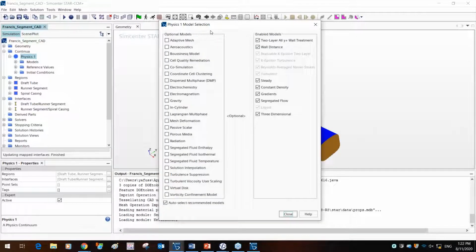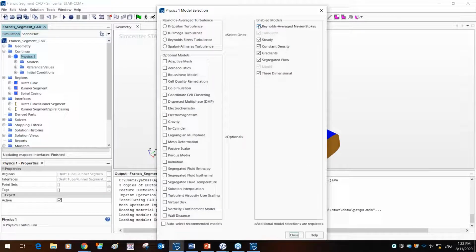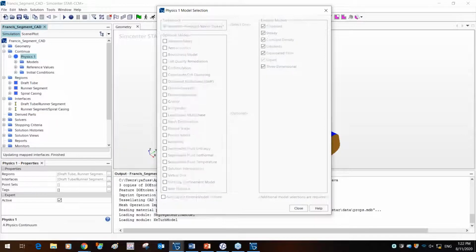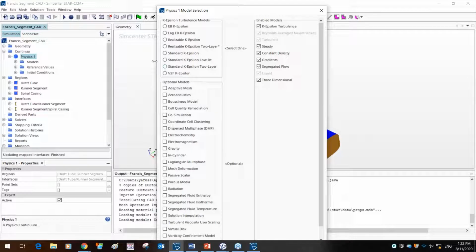But one thing you're going to see is that some of the models we haven't selected have already been selected out here. And that's because of an auto select recommended models feature that appears out here. So let me just deselect this and try to select the models out here just to give you an idea of what this unlocks. In terms of turbulent model, you have the advanced simulation available. But let's say you want to do the K epsilon model, so you have all these various K epsilon models that will appear. So the star is what's recommended by Star CCM Plus, that we use the reliable K epsilon 2-layer model, but you have all the other K epsilon models available to you.